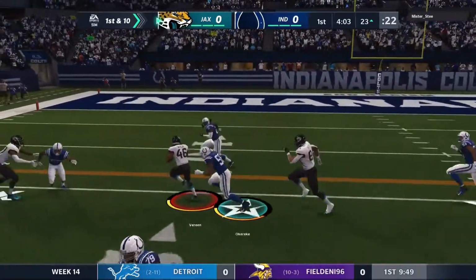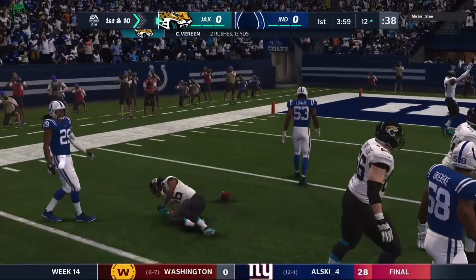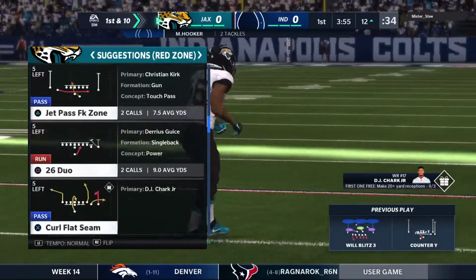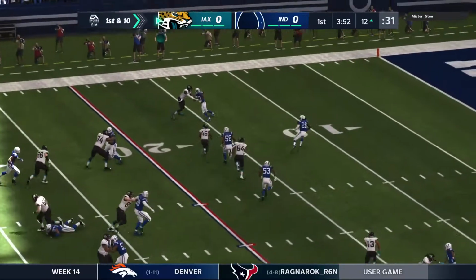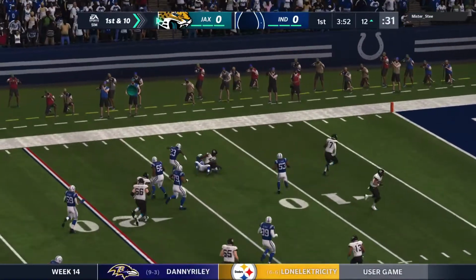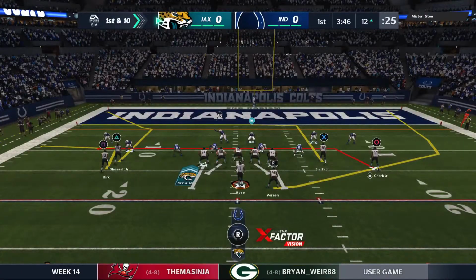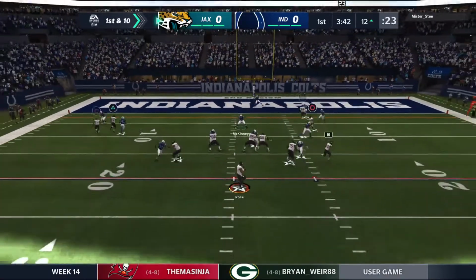On the run, here's Vereen. And down inside the 15, shy of the 10. 11 yards there for Jacksonville, and a 1st down as well. Quite the opening drive march they're on right now. It looks a lot like what we saw in practice prior to the game, doesn't it? You know, because on that last big practice beforehand, you go through your offensive script, you go through your play calling, you go through all the stuff and establish things, and it looks like it's going like clockwork right now